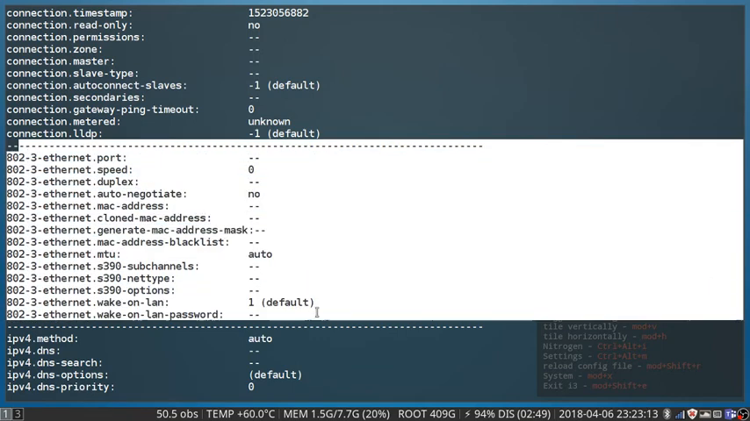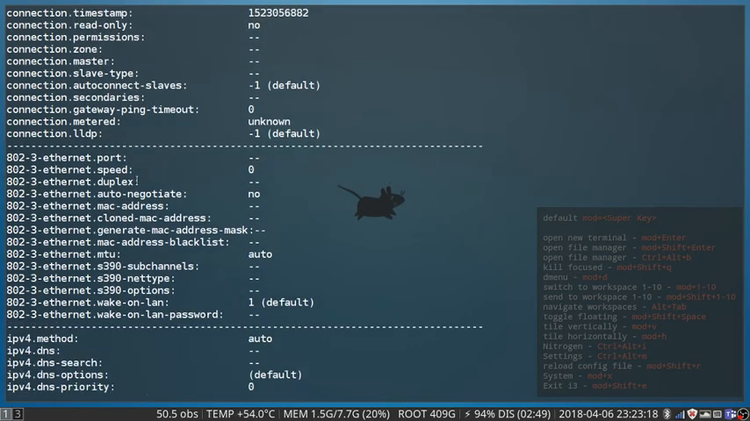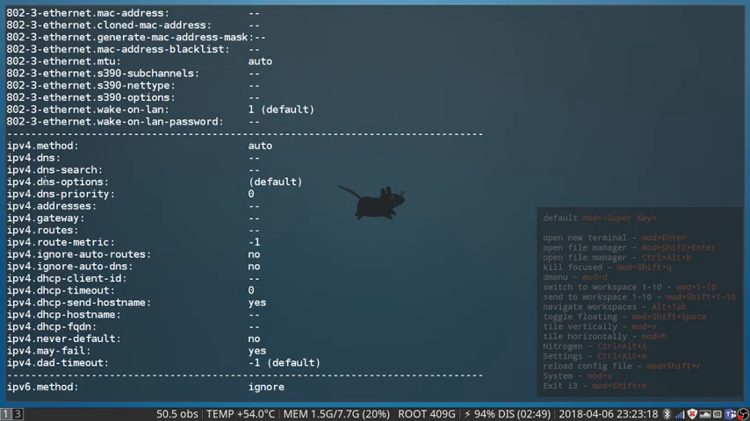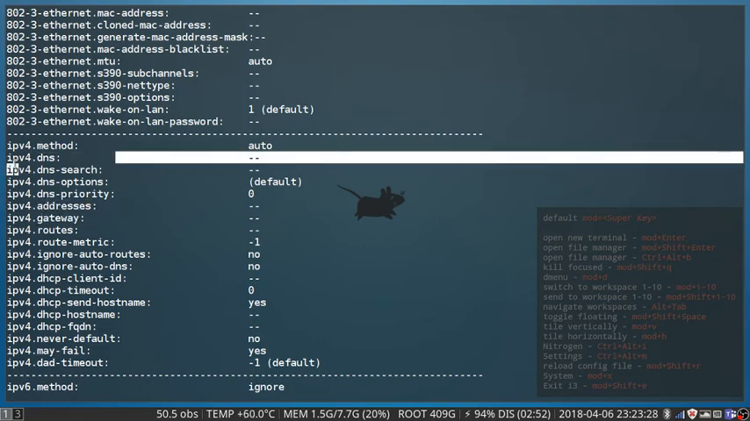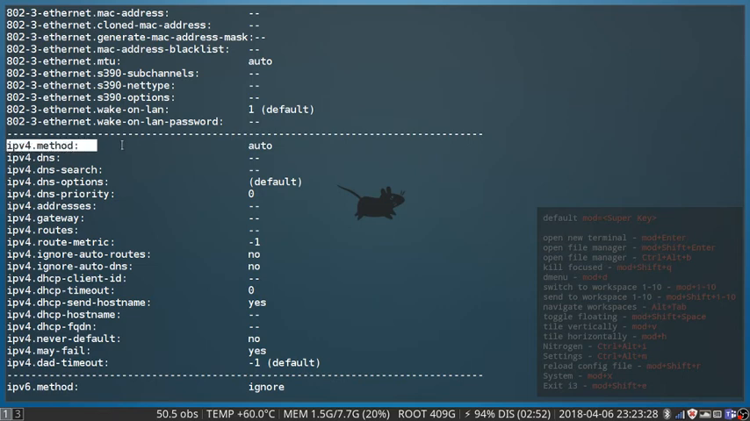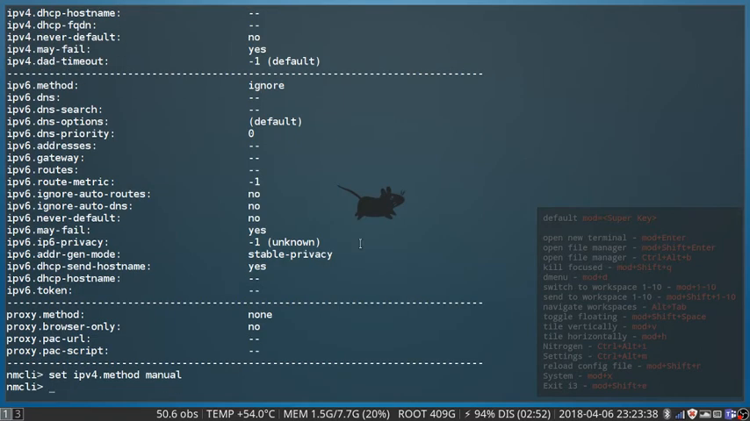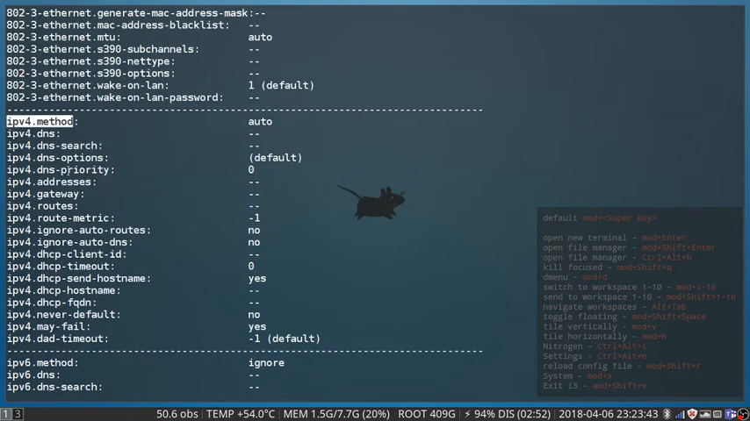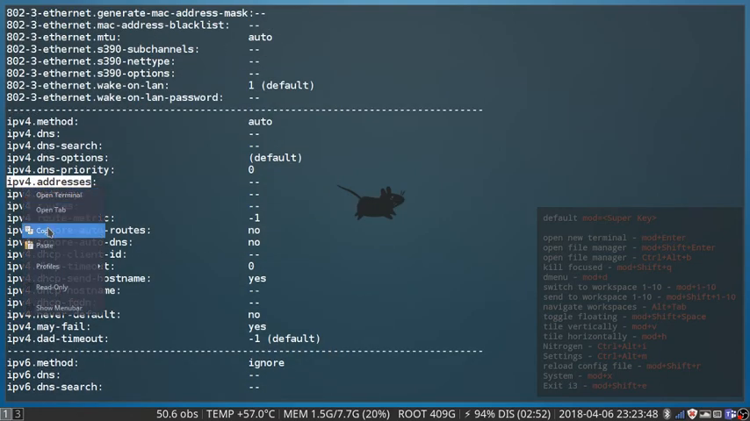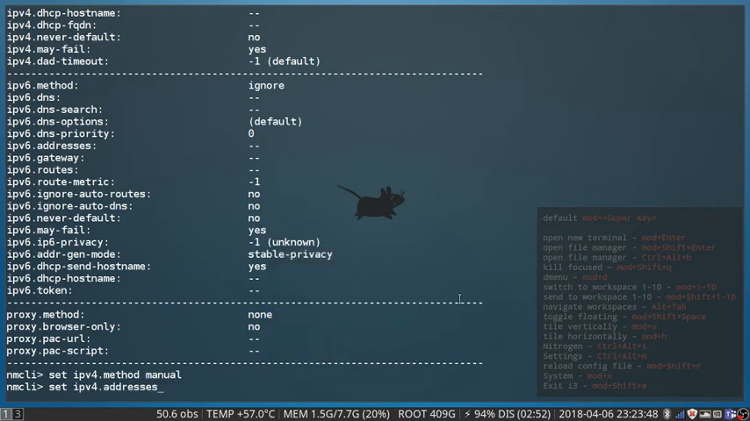So here is the part, right? So we are looking for the, no, this is not the part. Yes, this one, sorry. We are looking for the address, the gateway, our DNSs, and we also want this one to be configured as manual. So let's start with the IPv4 method. We're gonna set that to manual, and then we're gonna go for the second item, which is the IP address. There you go. So we're gonna set the address to